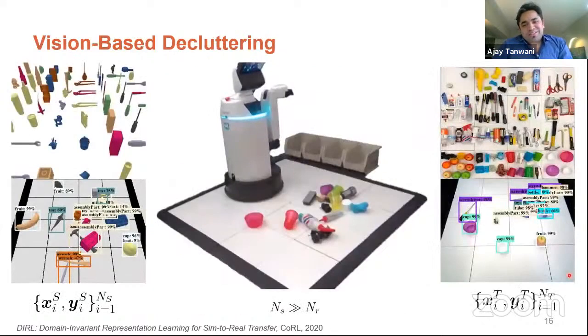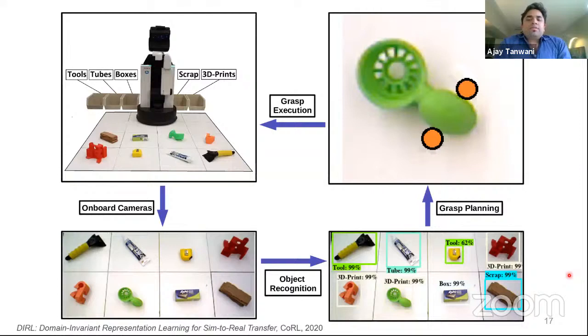All right, let's now turn our heads back to investigate the feasibility of vision-based decluttering by sim-to-real transfer with the proposed approach. To do so, we generate about 20,000 simulation images using publicly available object meshes in the simulator that is split across 12 object categories. Similarly, we collect about 200 real images with the mobile Toyota HSR using commonly available household and machine shop objects that you see on your right. So the robot declutters the environment by first recognizing the objects on the floor and subsequently planning the grasp points to pick them up and deposit them in the target bins.